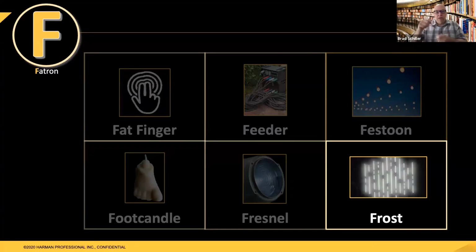Frost can also be different media that you put in a gel frame to soften a light, just to get rid of those hard edges. It really is a nice tool to use. A lot of moving lights now have variable frost, and from the moving light or from your desk, you can adjust different frost blades that come in and out, and you can go from soft to heavy frost and crossfade the frost in and out.